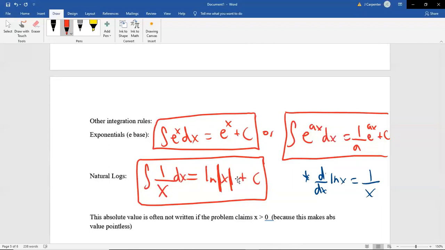And let me tell you, this is what students forget. Because you don't need it for a derivative, but you need it for an integral. It's subtle, subtle differences. And I would say probably half the time you're told that the x is positive, which means you don't need the absolute value. But then the other half, you're not told that, and you do. So you just have to understand the context. You have to understand when you need it. Me personally, I always use it because even if we're told that the x has to be positive, this is still true.